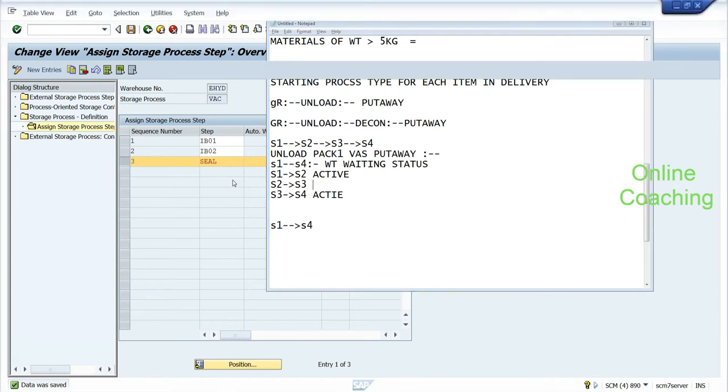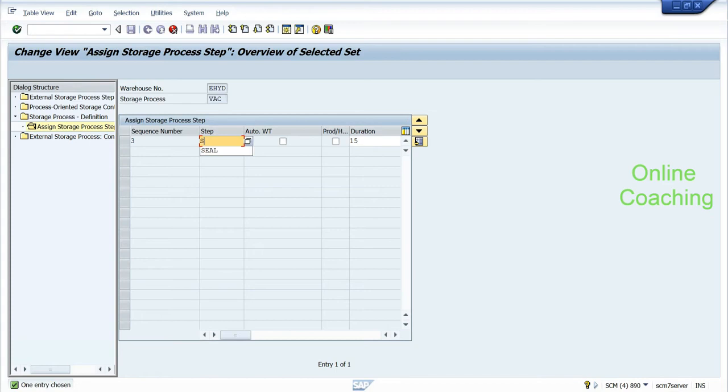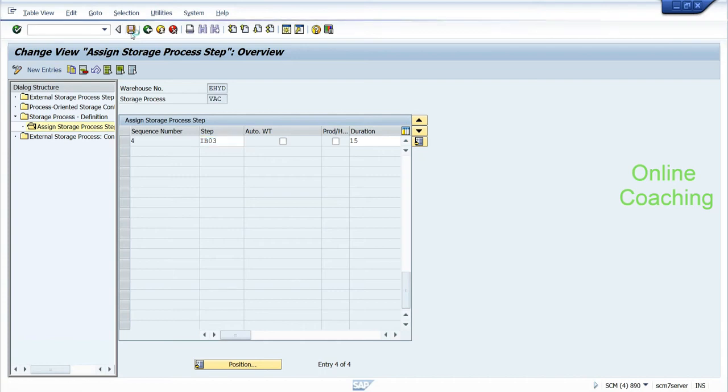Now I just created this. Let me add our fourth step, which is the IB03. Now I just saved this. So in our warehouse EHYD, we have a new storage process, which is called the vacuum cleaning process also. Now if I go to my storage process definition,